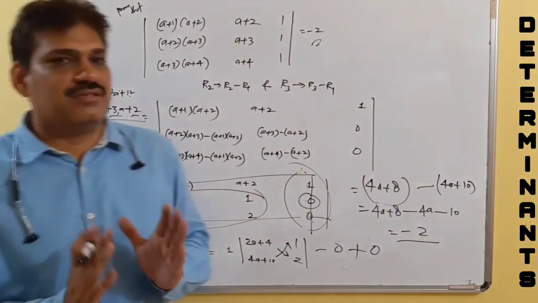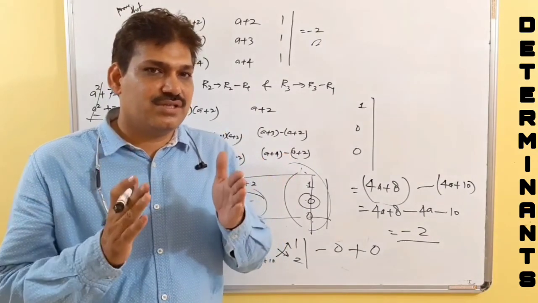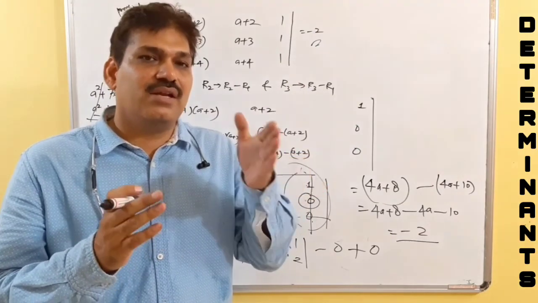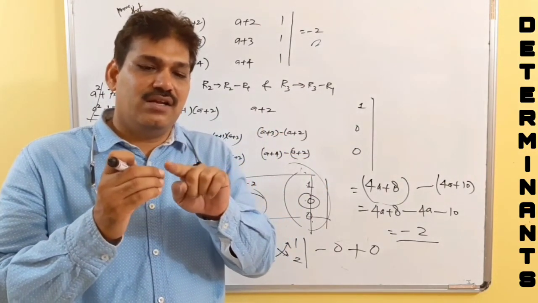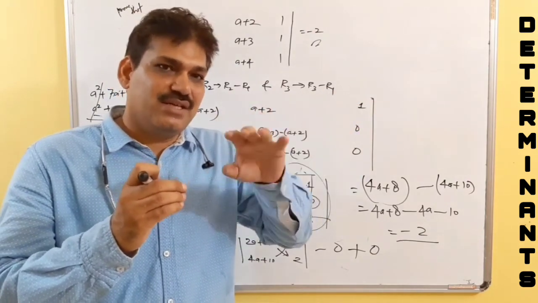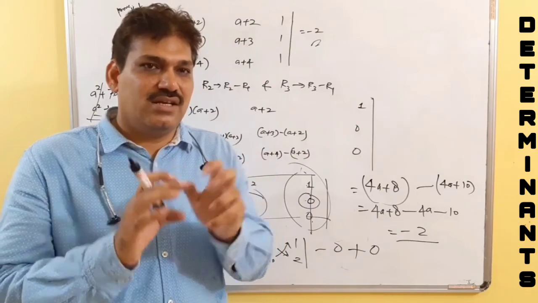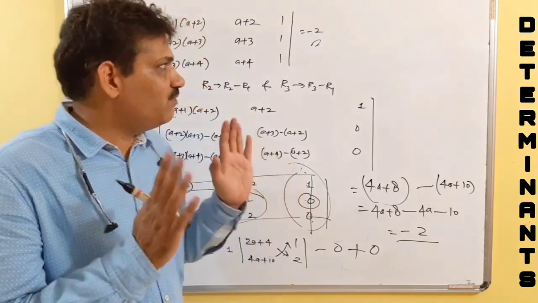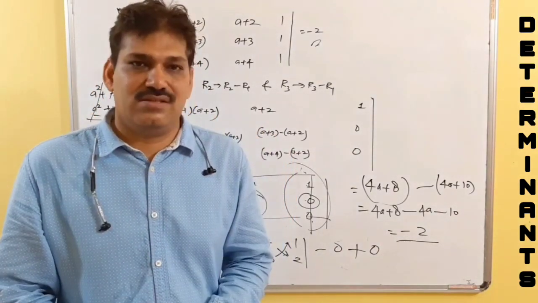This is how we solve this kind of questions. Now in the next session, we are going to take questions in which directly on applying we are not getting something common, but then we try to apply some transformations like multiplying A, B, C or X, Y, Z in columns and then taking common from the rows. This is a technique which we will talk about in the next session. I hope you will be able to do these kind of questions which we have discussed in this session. Thank you.